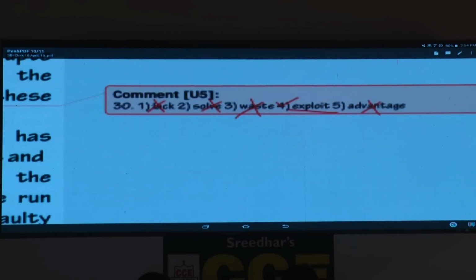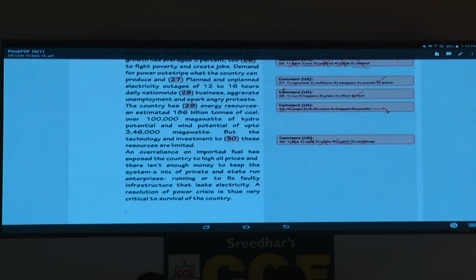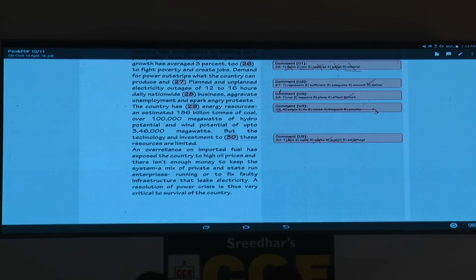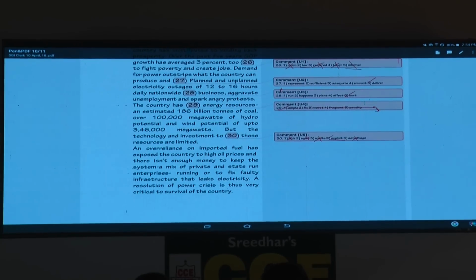Today I have gone a little fast. I don't know, a little fast or very fast, that you have to decide. It's a good paper, and has anyone got 25 plus? How many of you have got 25 plus? Please raise your hands. 1, 2. Give them a big hand. And 20 plus is also highly appreciable. 20 plus, please give them a big hand. Others, nothing to worry. Please remember, in the grammar part you usually get only 5 or 10 marks, not more than that. Don't depend heavily on grammar. Don't waste your time on